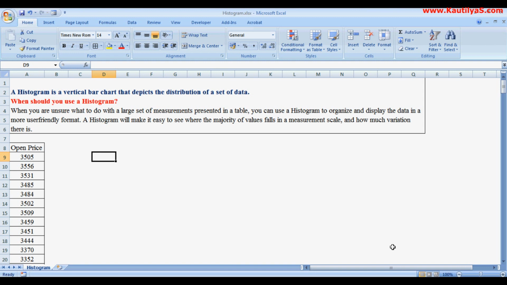When should we use a histogram? When you are unsure what to do with a large set of measurements presented in a table, you can use a histogram to organize and display the data in a more user-friendly format. A histogram will make it easy to see where the majority of values fall in a measurement scale and how much variation there is. So in Excel, to draw a frequency table and histogram, first of all click on data,